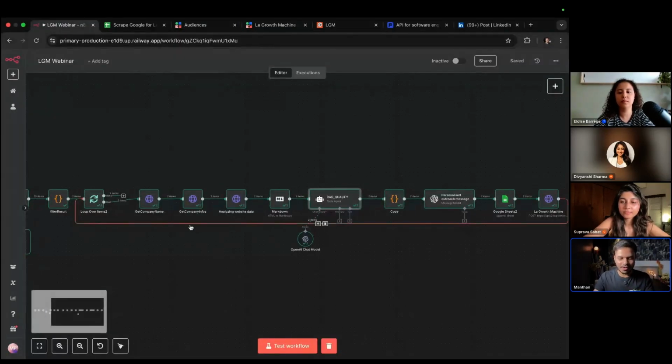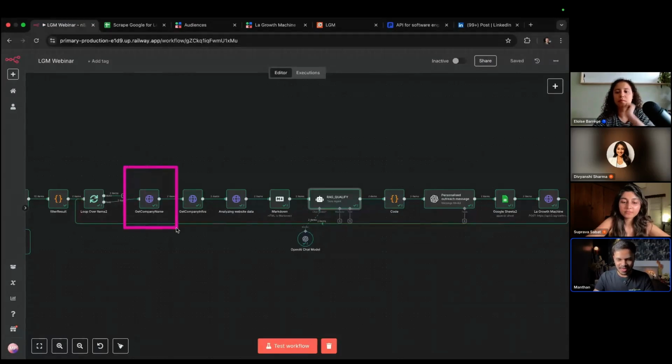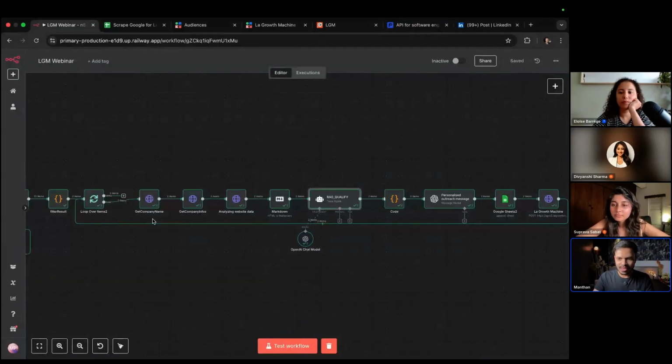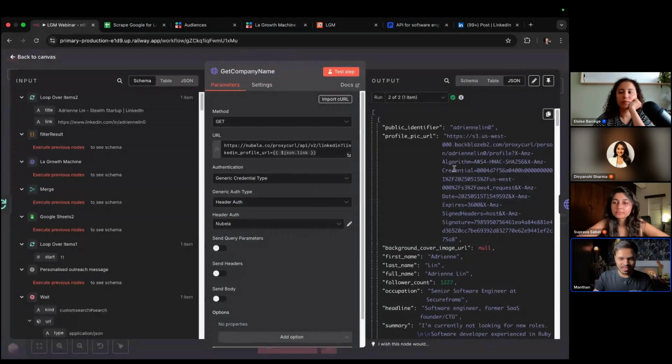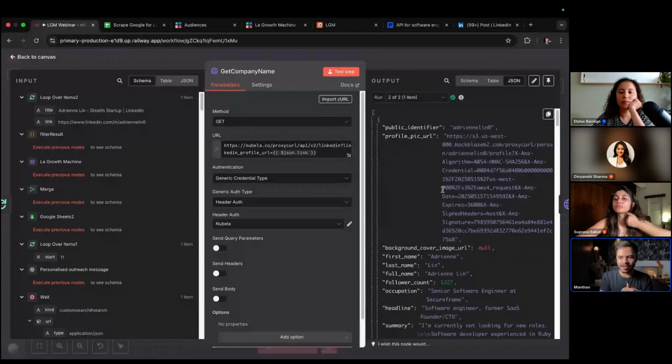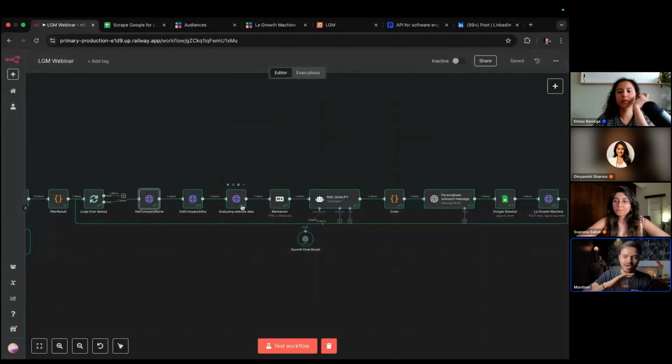But to find out about their company and company LinkedIn profile, we are using Proxycurl. It is the cheapest solution available out there, and it is one of the best. If we open the response, all we had was the LinkedIn profile of that prospect, for example Adrian Lin, and they work at this specific company. So it will scrape literally everything that is available for that company. Then we also want to go to their company's LinkedIn profile and scrape data from that.